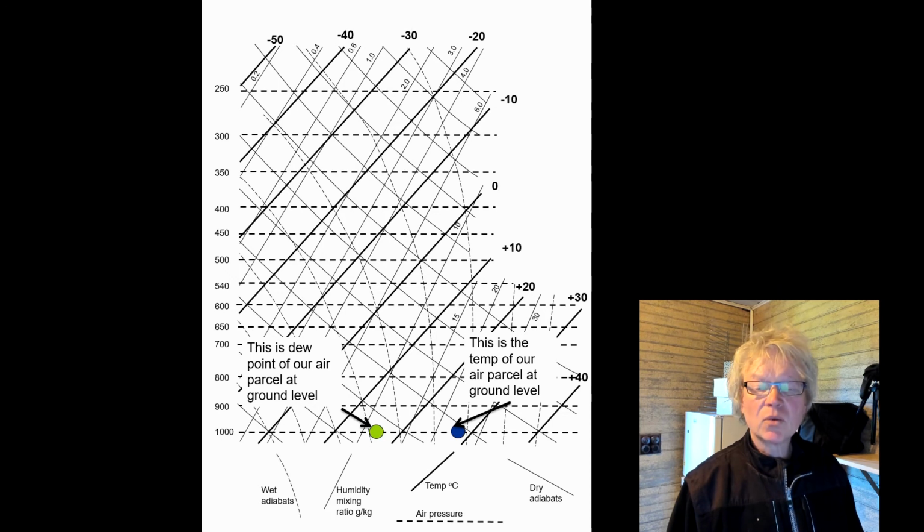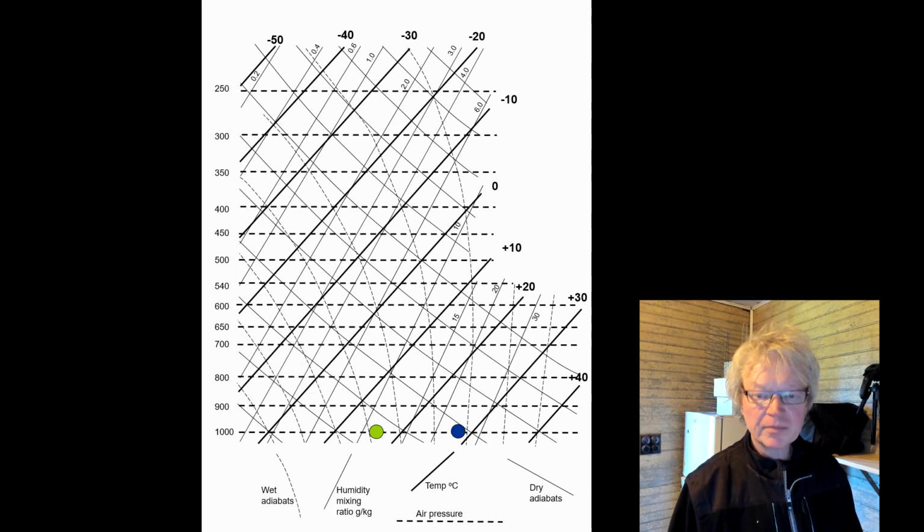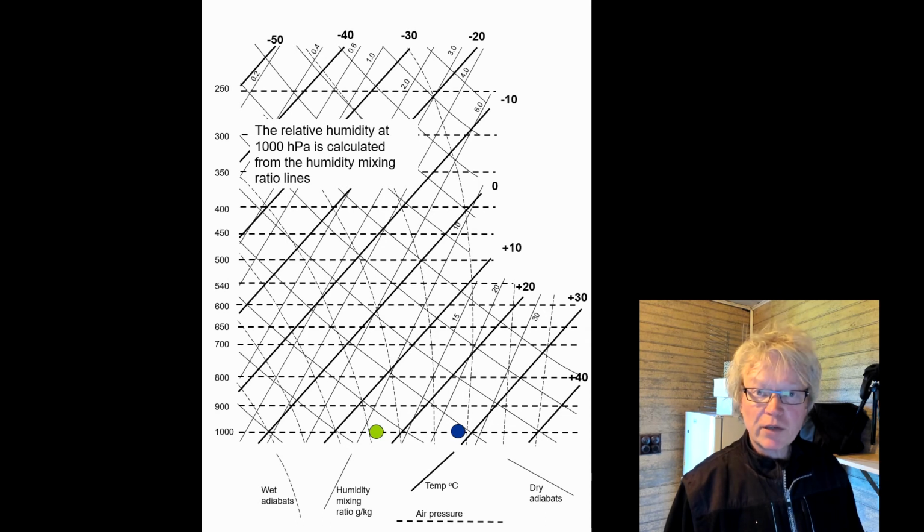Here, we have our dew point of this air parcel. So the relative humidity at sea level can be calculated if we know the maximum amount of moisture that the air can carry and the actual amount of moisture that the air has. So we can determine the maximum amount by taking our air temperature that we've measured with our weather balloon, and we have there